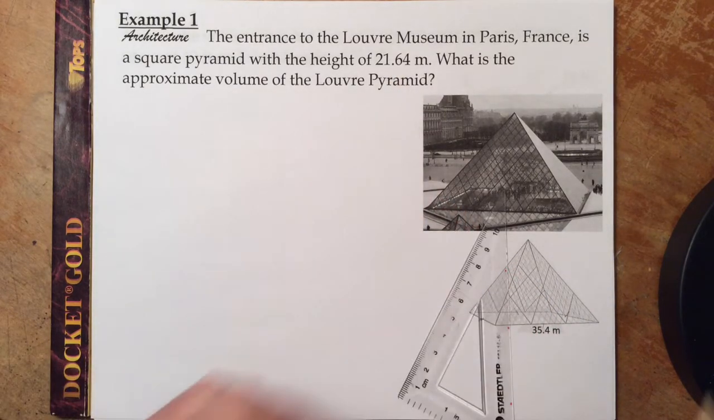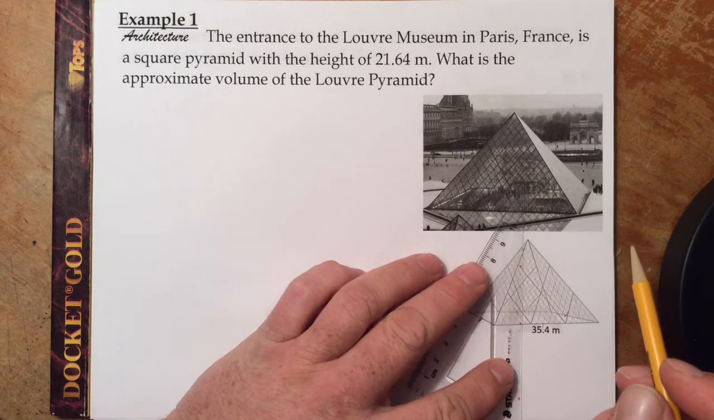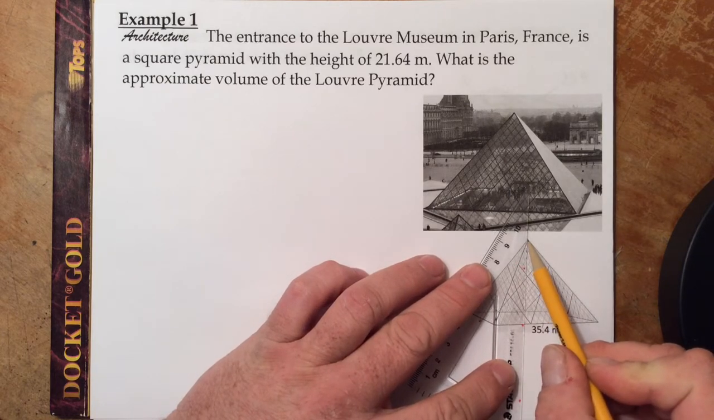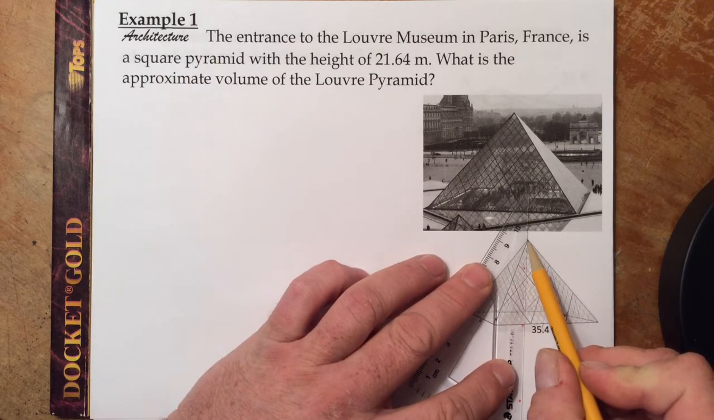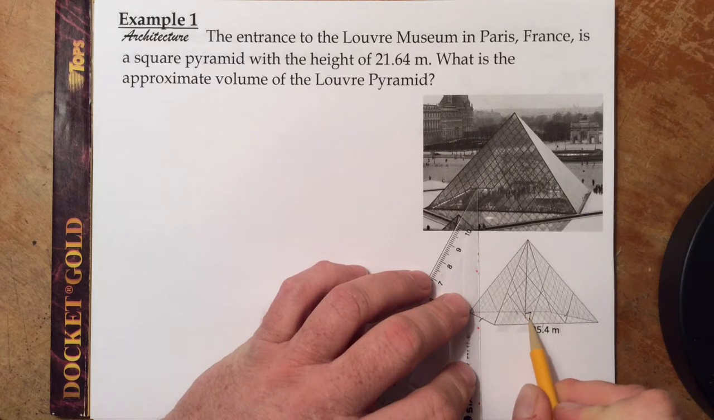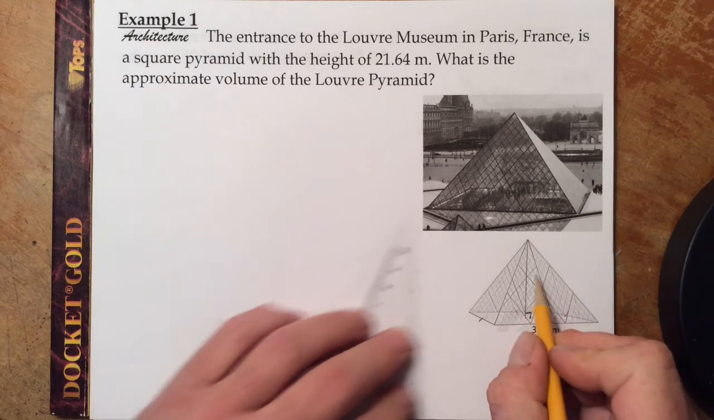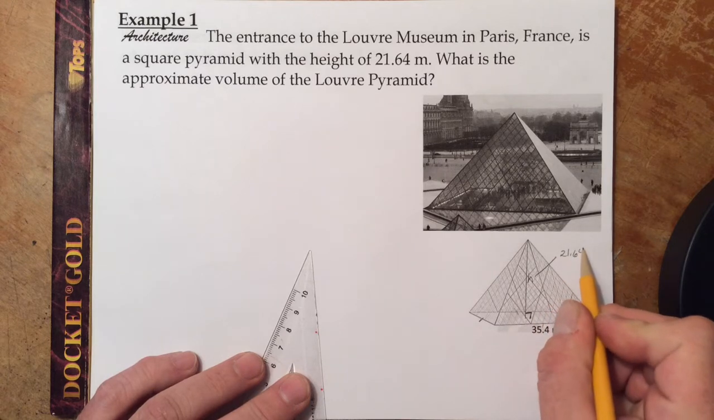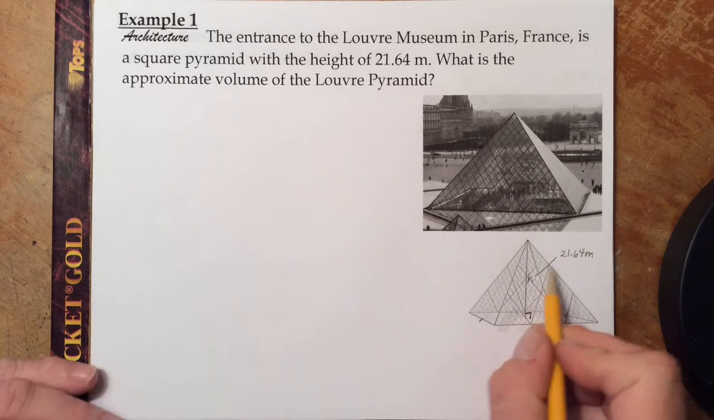meters. They didn't give us the height dimension on the diagram, so we're going to take a straight edge and draw the height. Remember, the height of any solid is perpendicular to its base face, the polyhedron. And so here's the height, which is 21.64 meters. Now,